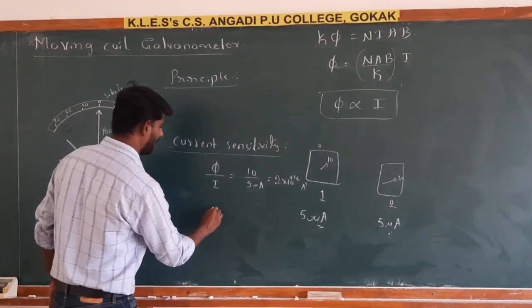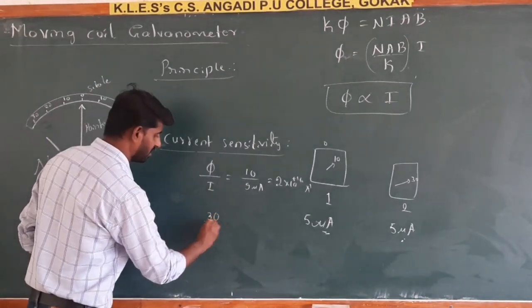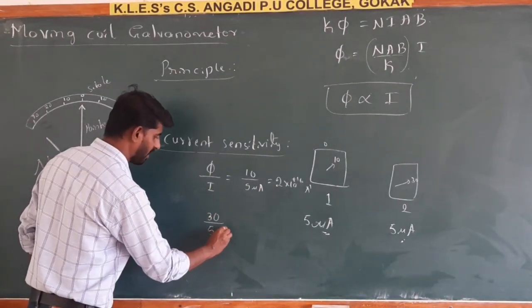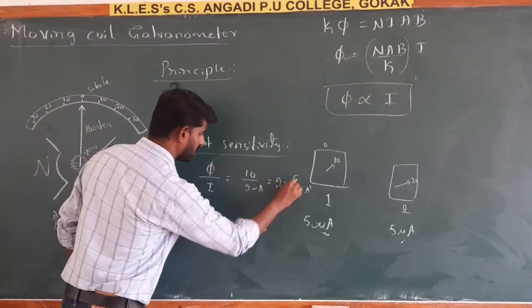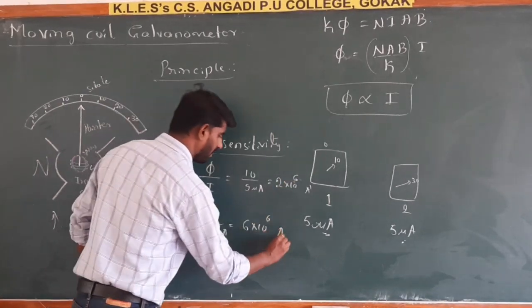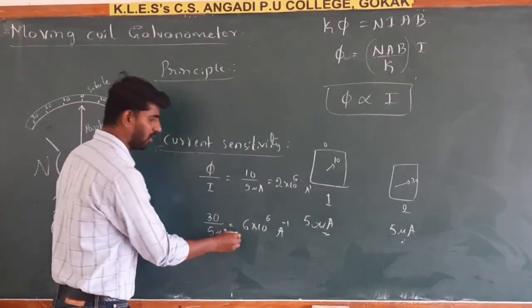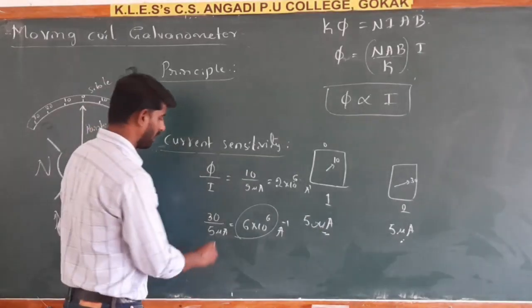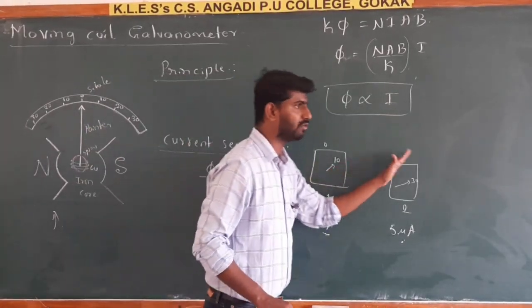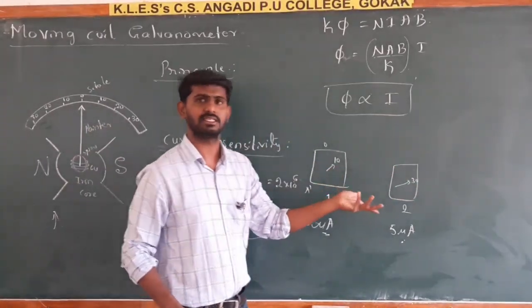And for the second one, how much deflection has it given? It has given 30. And how much current have you supplied? This is 5 microampere. So this will be 6 into 10 to the power 6, 6 into 10 to the power 6 per ampere. And say whose value is more? The second galvanometer value is more. So like this, if it can give more deflection, then we say this is more